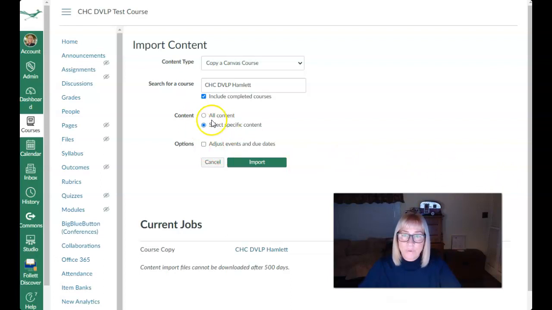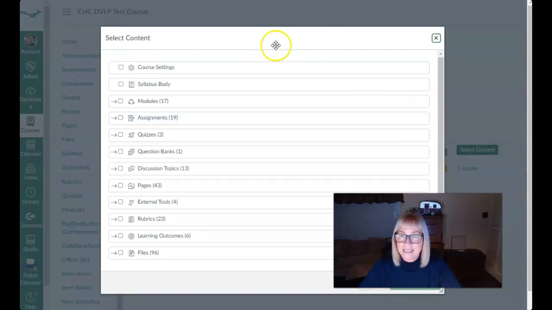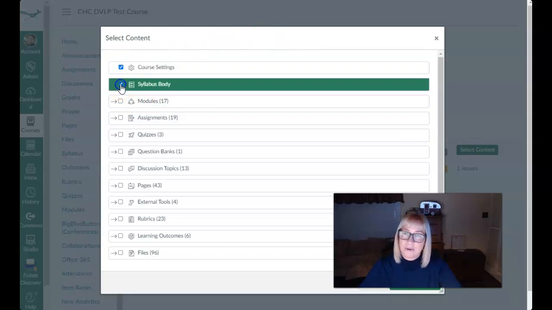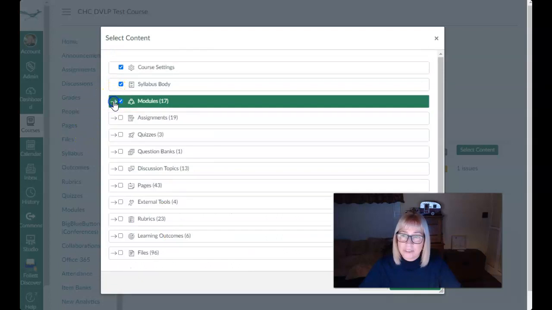Okay, and then we want to transfer our specific content, so I'm going to click Import. And you'll notice it says Waiting for Selection. That means I need to click this button that says Select Content, and it will give me the options for what to select. Now I want to transfer over the course settings. I probably want my syllabus. I probably want my modules too, but if you notice there are arrows here on some of these items, and what that means is you can click the arrow and you can choose what you want. Now I want all my modules to go, so I will choose that. I'll want all my assignments to go and my quizzes. There will probably be things like discussion topics that I don't want, but you can pick and choose which things you want. Once you've decided what you want to go, then you click Select Content,